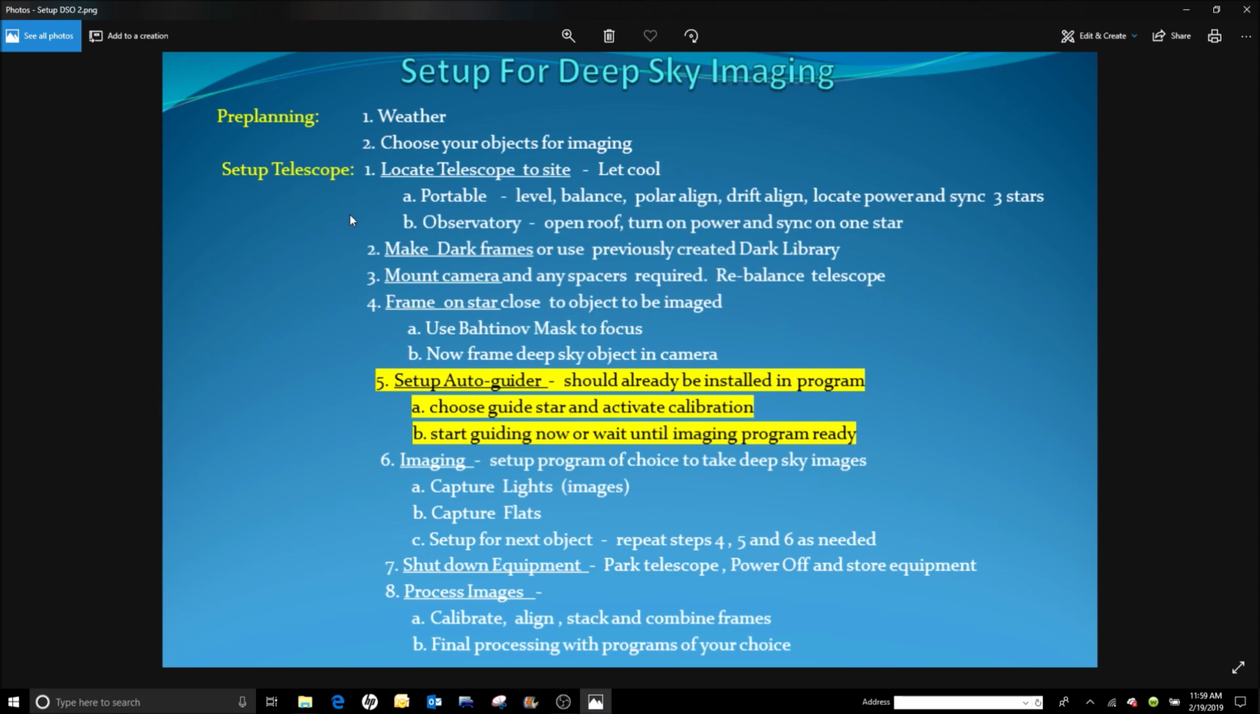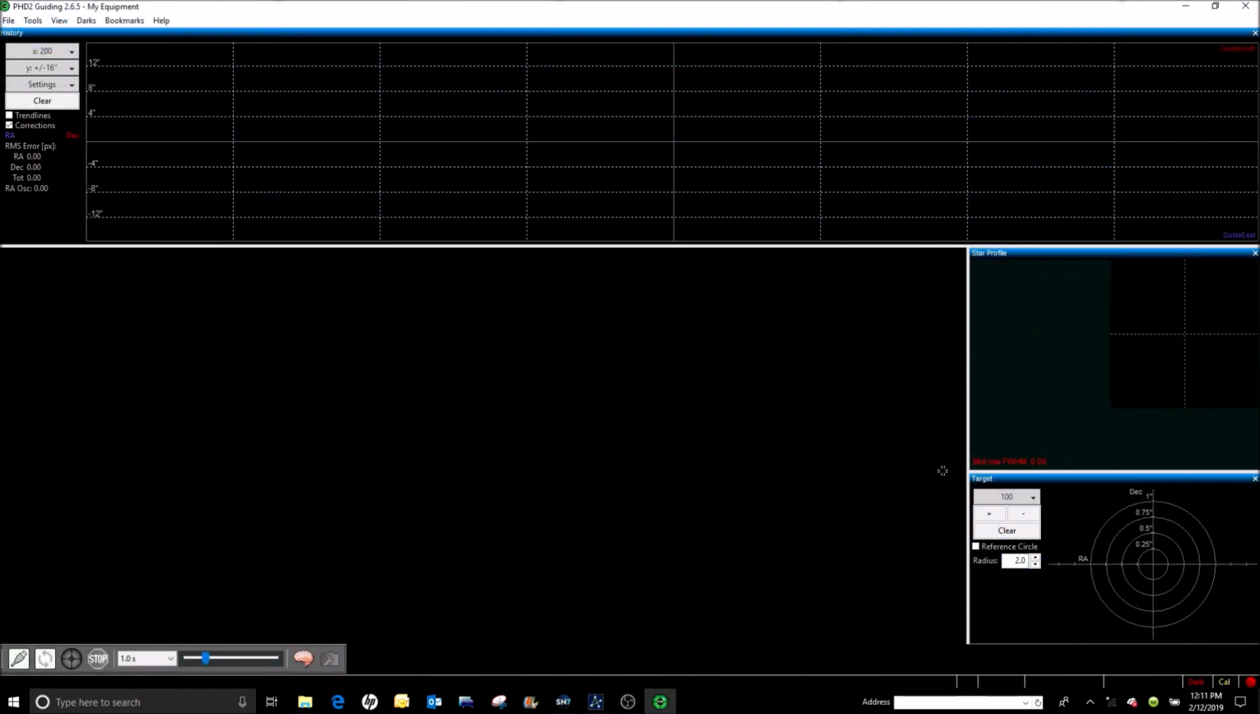Well, tonight we're going to be looking at how to set up our AutoGuider, and this should be done as a one-time deal. It should already be installed in the program, and that's what we are going to be doing today. We're going to install PHD2. It's the program that's actually going to operate our AutoGuider. Okay, we're in